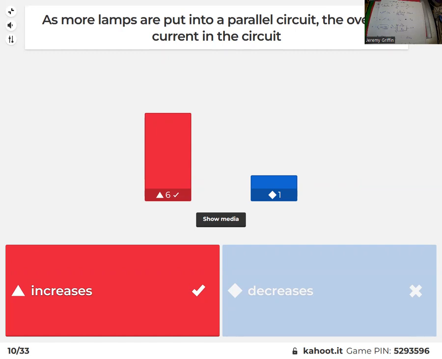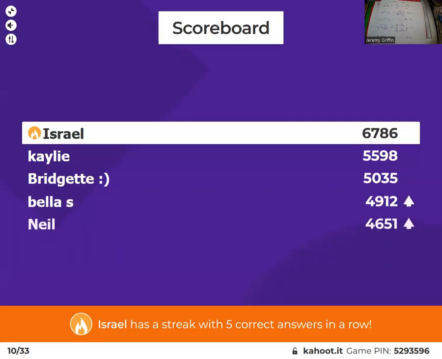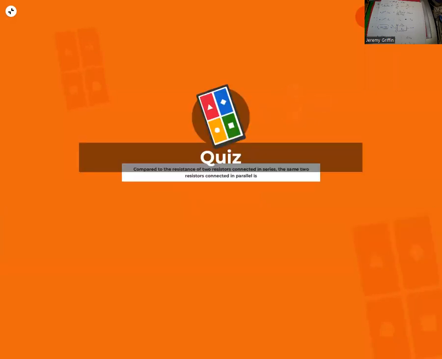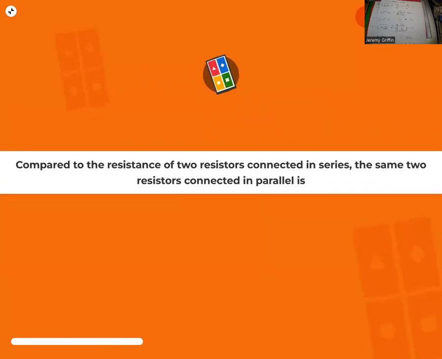Or the other way, of course, you could think of this is that with more bulbs in parallel, the resistance goes down. Kick over to Ohm's law, less resistance is more current. However you get to it, it's the same answer, right? The current will increase. Compared to the resistance of two resistors in series, the same two resistors in parallel